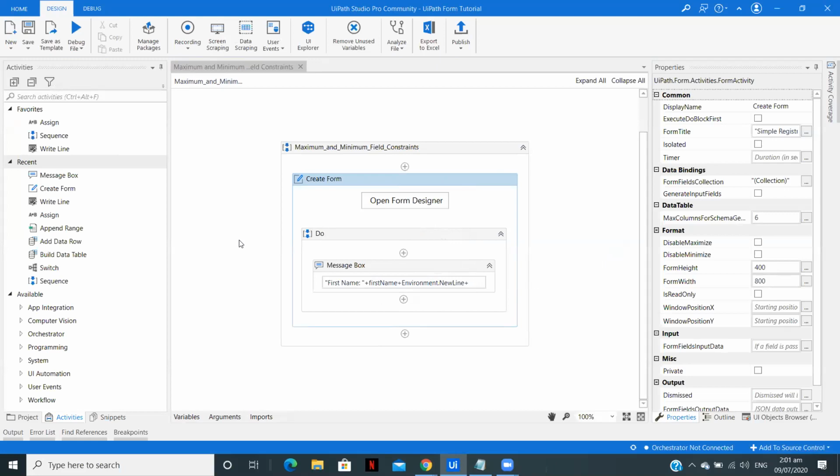So let's do a quick recap of what we learned in this tutorial. In this tutorial, we added a maximum and minimum length constraint to our UiPath form. And the other thing we learned, which was our main objective of this video, was how we can access the data outside the form using form field collection. So this is how you can create your form and add constraints to it. Here I showed you a simple example where if you have an application or require a password field, you can use the maximum and minimum length constraint.